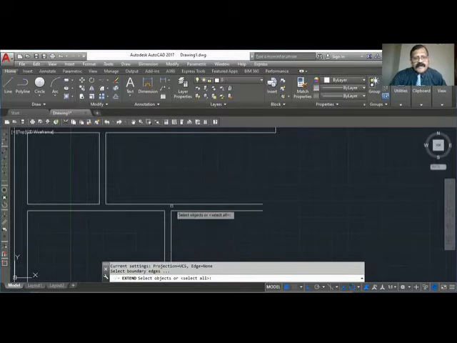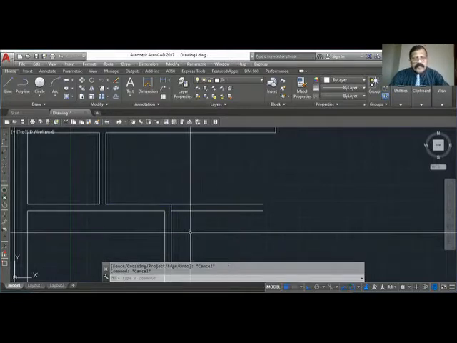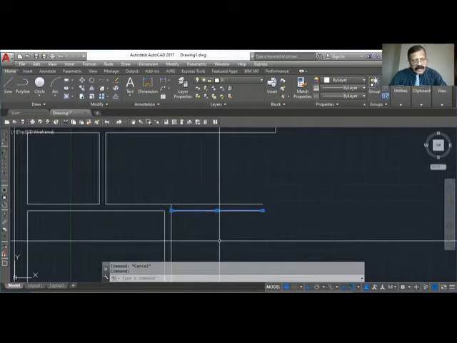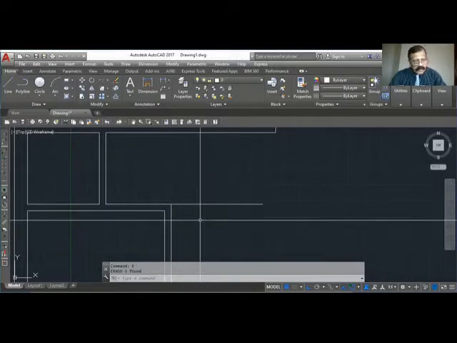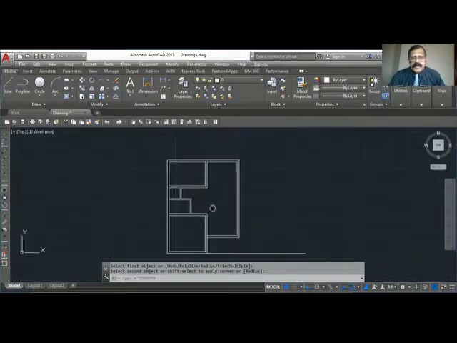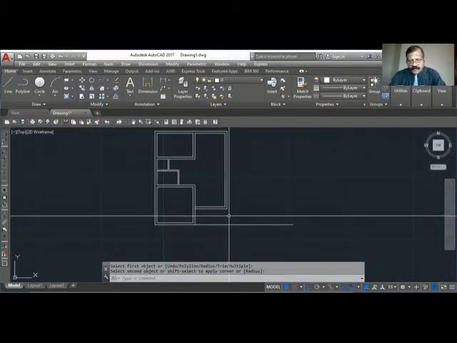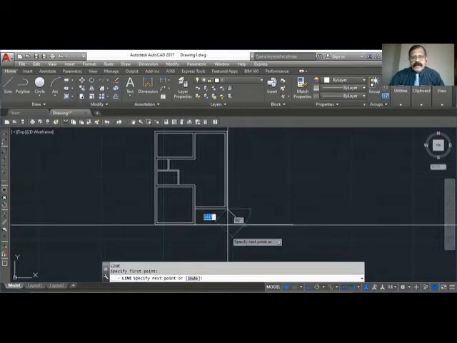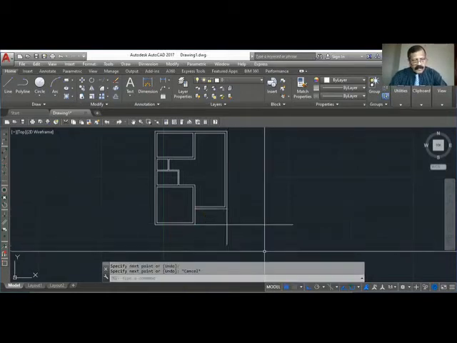EX for extend. Boundary edge. Extend here. This you can erase. This you have to fillet. So our drawing is almost ready. Draw one line here, fillet.